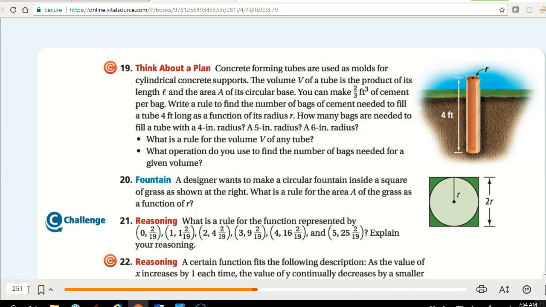Hey Benjamin, you had said you were looking at problem number 19 in section 4.3. I think this is the problem you were talking about. One thing I want to share with you is that anytime you have this little symbol right here, it means a challenge problem, which means there's not going to be one like that on the test per se. So I would not worry myself too much about